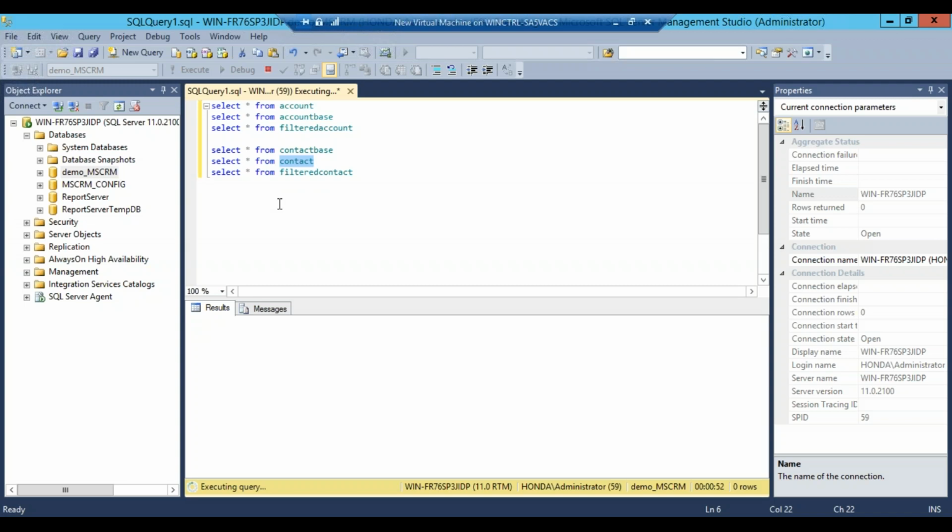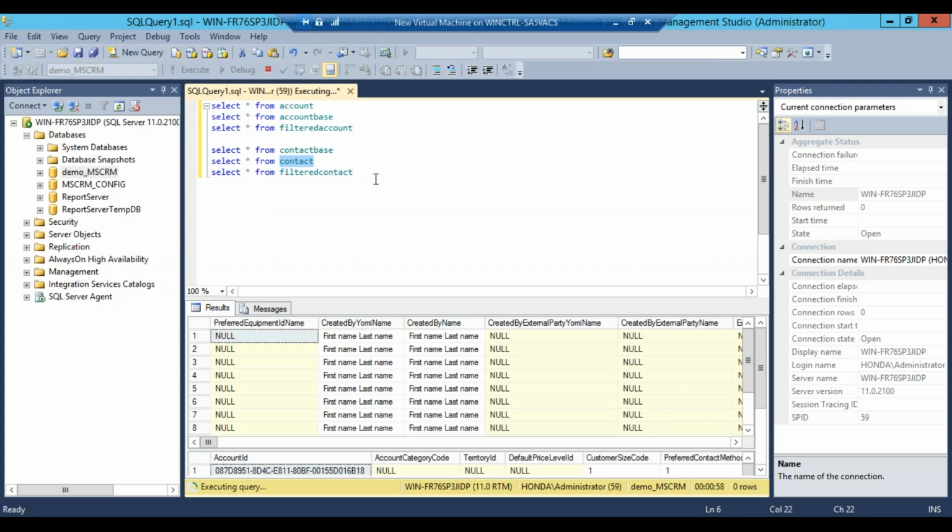There are some 100 records, and you are given a security role as a sales manager and you have access to only 10 records. When you query the base table, you will get all 100 records. But when you query the filtered contact, you get only 10 records, because internally it has a join with the security table and then renders the data.